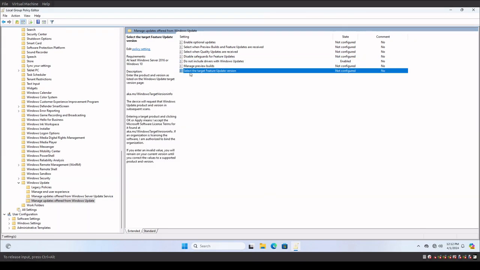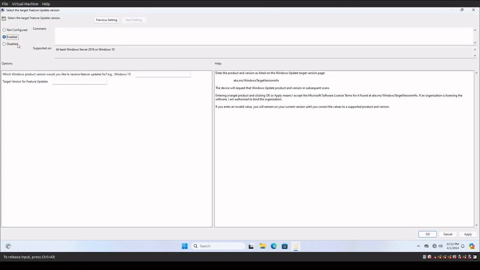And that's going to be our select the target feature update version. Now, this is where it gets interesting on Windows 11. As we all know, I think 23H2 is the latest build. I don't know what the next one is or when it's coming out. But generally speaking, if we only want to run 23H2, even when the next version comes out, we want to run it for, like, say, a couple months before we get the next release, the next upgrade version of the Windows 11 platform. Then what we would do is we would go into this target feature, we would do enabled,